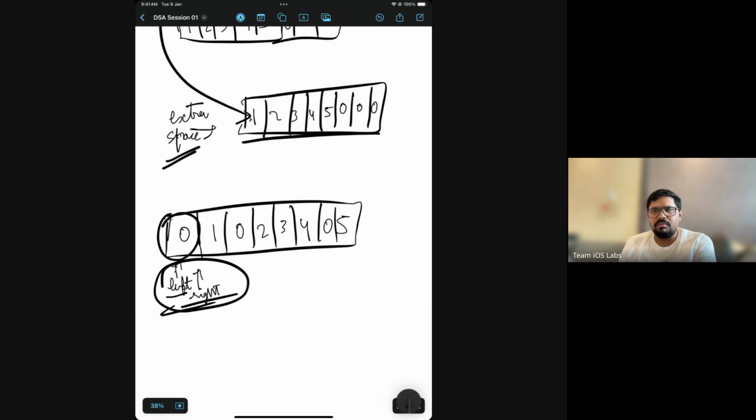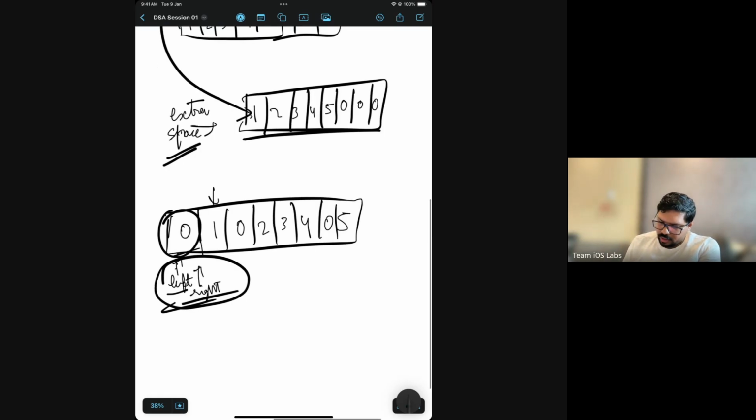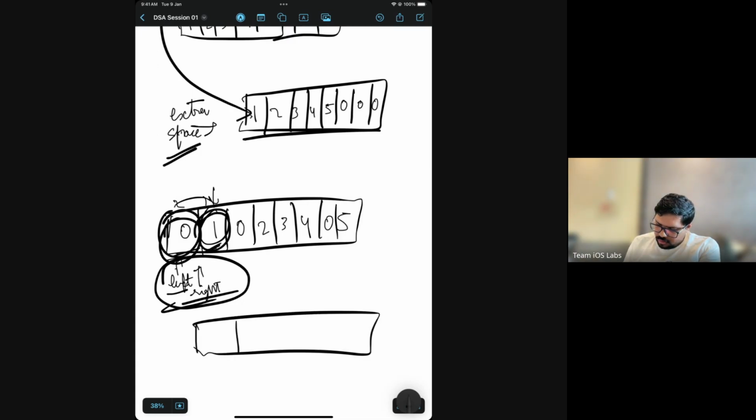So it makes no sense to update or swap because both are pointing at the same place. Then the right will move in every iteration. When the right pointer points here, it finds a non-zero element, and left is still at a zero element, so you will swap it.